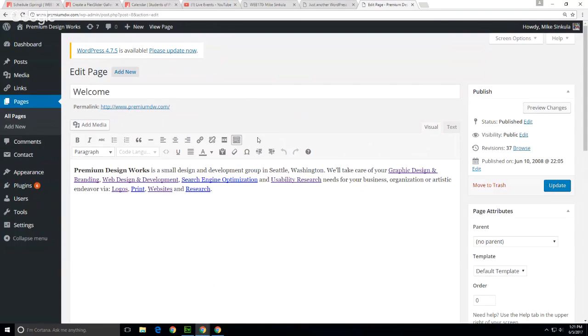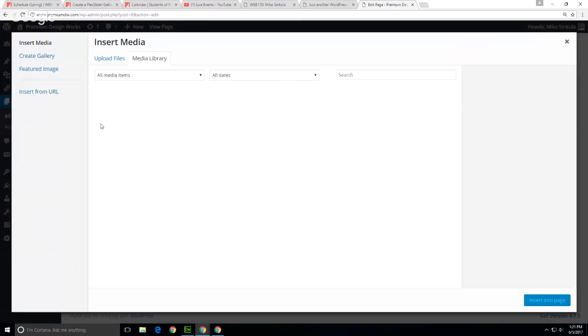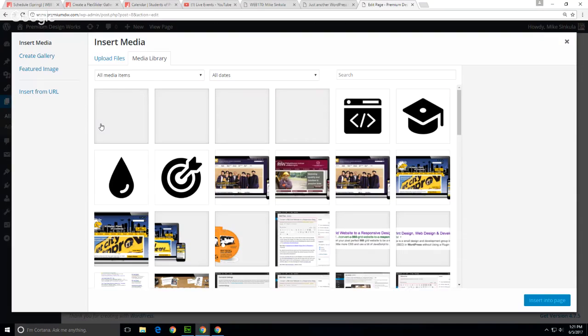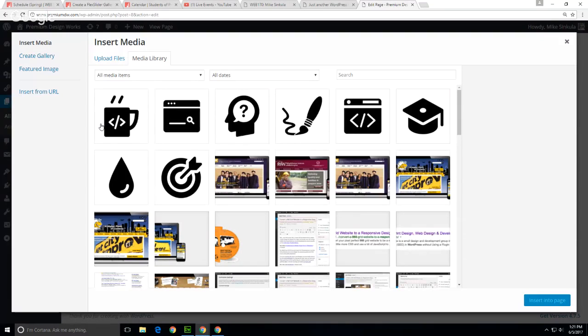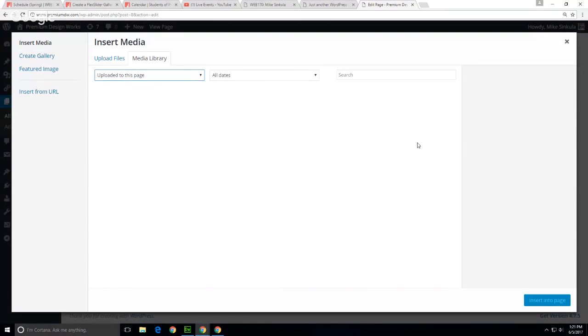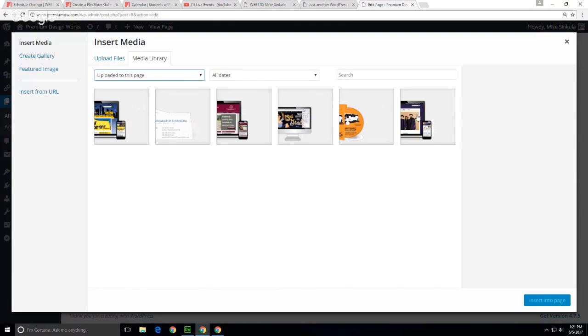What we can do then is, if we go to the add media here, and we go to upload it to this page, right? These then are attached to the page. So if you upload something to a page, it automatically becomes, you at home are not seeing my air quotes, attached. Okay? So what does that mean? Well, we can then use attachment images however we want to. For instance,